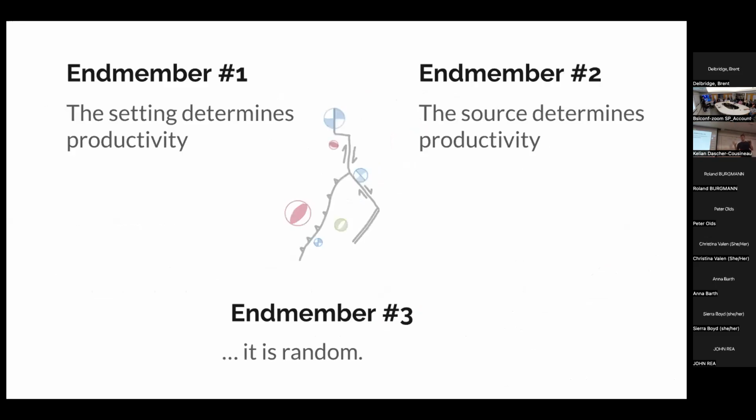And when I think of this problem, I view three end members to explain this behavior. One hypothesis might be that the setting determines the aftershock productivity, so characteristics of the volume might be the control. Another end member might be that the earthquake itself, by its energetics or characteristics of the main shock, might determine second order effects over the main shock magnitude itself. And finally, it might just be randomness, the null hypothesis we're going with.